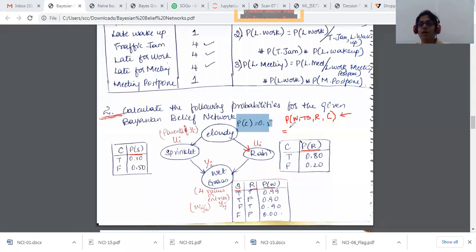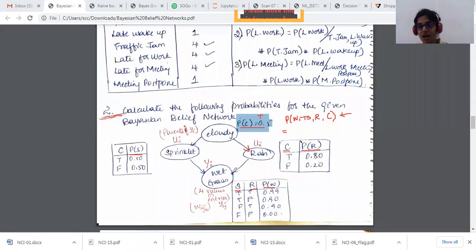So I want you to come up. We have already discussed the probabilities of C, the cloudy, and I have it as a true value for this. It's only one single value. Probability of rainy, because it's a parent node with respect to cloudy. Cloudy is a parent node of it. So probability of R with respect to cloud, we have two possible values, true and false. I've written over here the probability of sprinkler with respect to the cloud, because it's a parent node. So probability of S with respect to the cloud, true and false is also given to us.